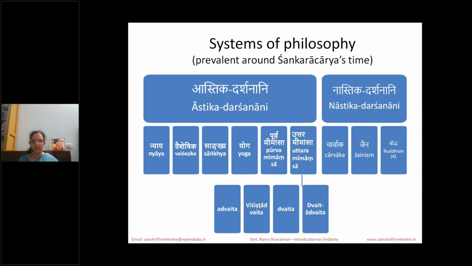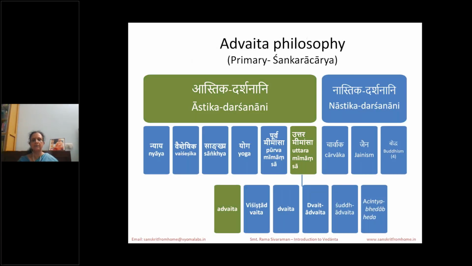and what we are going to be discussing today and in the subsequent weeks is Astika Darshanani, Uttara Mimamsa, and the Advaita philosophy, which comes under Uttara Mimamsa, right? Now, Advaita comes under Uttara Mimamsa because it has belief in the Vedas, and we also believe in Ishvara. And Uttara Mimamsa, the main proponent or the philosopher, was Vyasacharya. Now, we refer to a lot of Purva Mimamsa portions also for the rituals, but from a Vedantic aspect, the Jnana Kanda aspect, it is more Uttara Mimamsa, which will be the primary one that we will be focusing on,